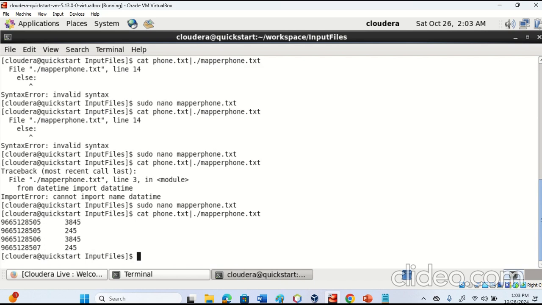Yes, so we got the output. We can see we have the caller ID and the seconds. Okay, so we got the caller ID and the total seconds. Now we are going to give this as an input to our reducer. So let's create the reducer, sudo nano